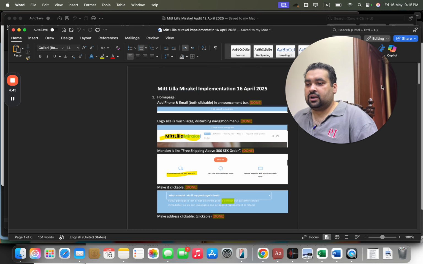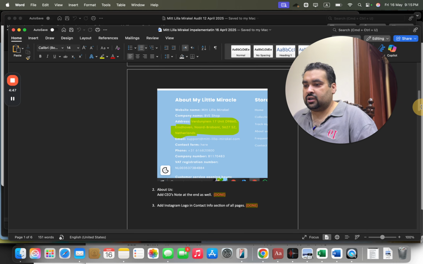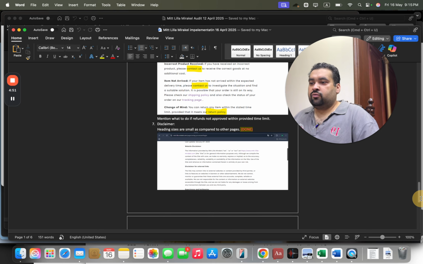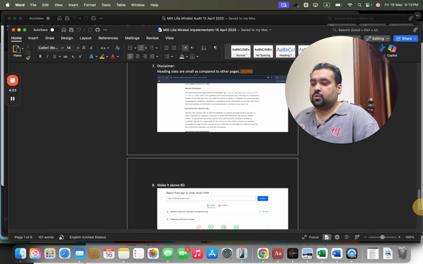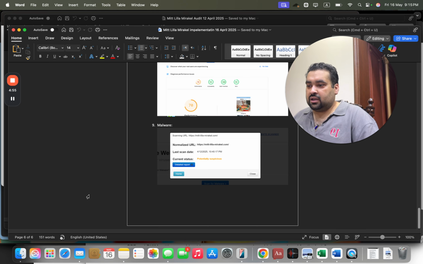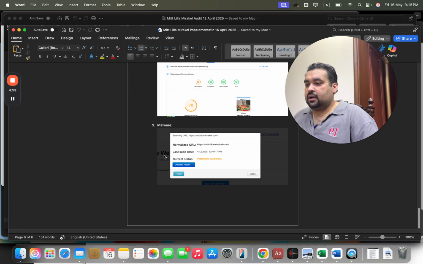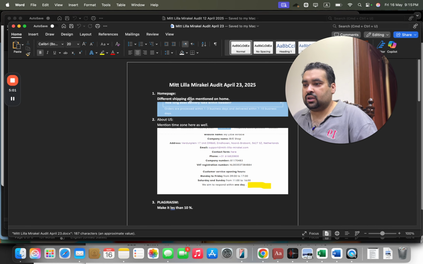So you may see over here that the team did the changes for the audits. These are the audit updates. Plus we also found that the return policy pages need to be clickable. The speed error was still over there. The malware error was still over there, and in the third audit we see that different shipping days were mentioned on